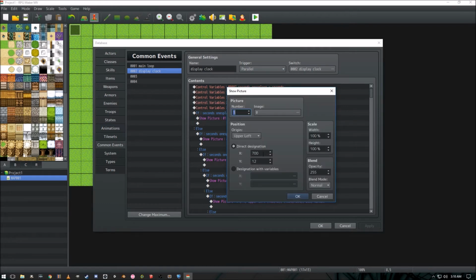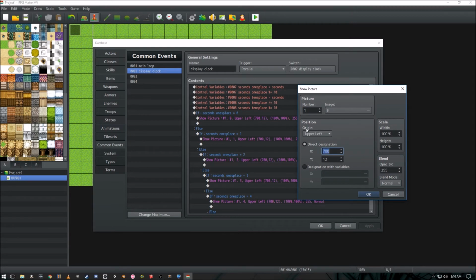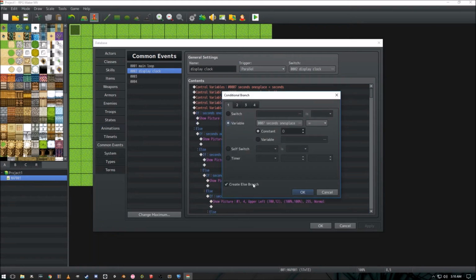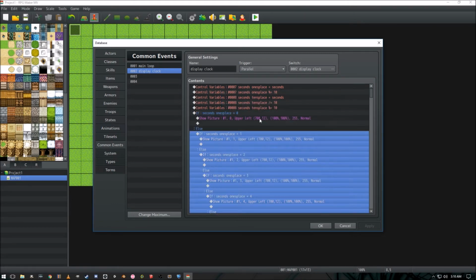So what I did is, since this is the 1's place of seconds, which means it's going to be on the furthest right of everything we're displaying, go ahead and find a destination that isn't off the screen. So I just chose 700, and 12 is 12 pixels from the very top, because Y goes positive when it goes down. In our else of this first if statement, so make sure you have create else branch, we have